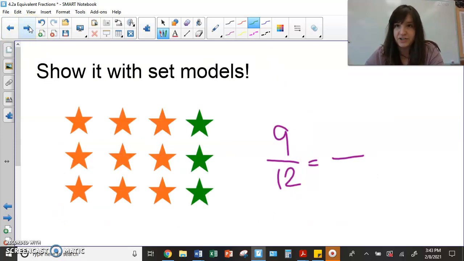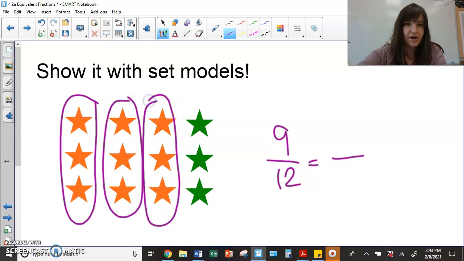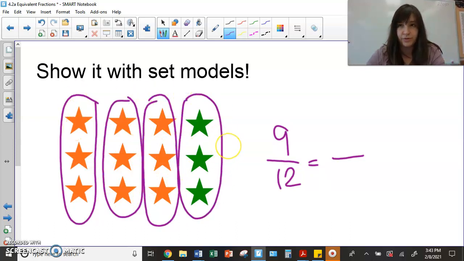So a lot of times with fractions we see a set of something. I see right now a fraction, I see 12 total stars, so that's my denominator, and 9 of the 12 are orange. Well, I could show that a different way by kind of looking at them in groups. So I could have a group right here, a group right here, a group right here, and a group right here. So I have 4 groups of